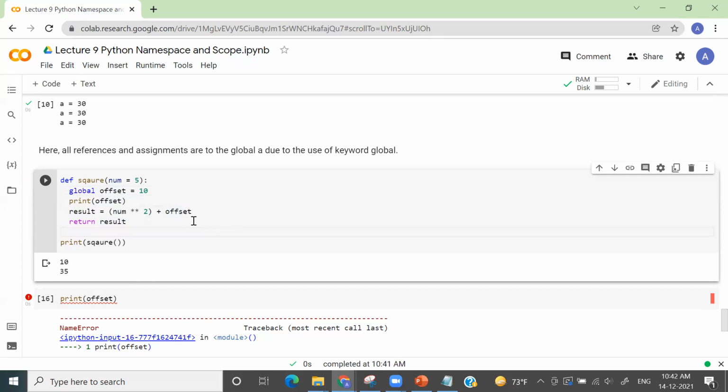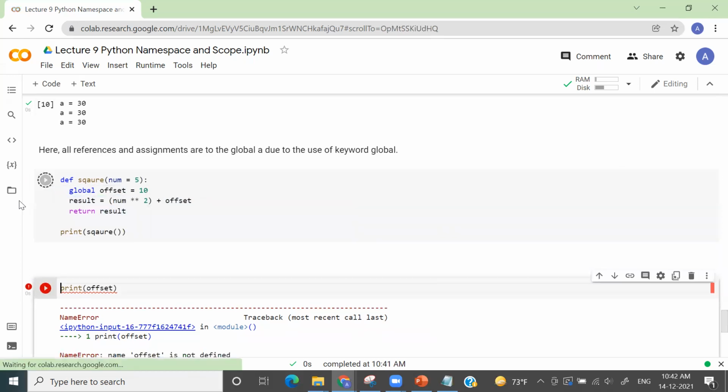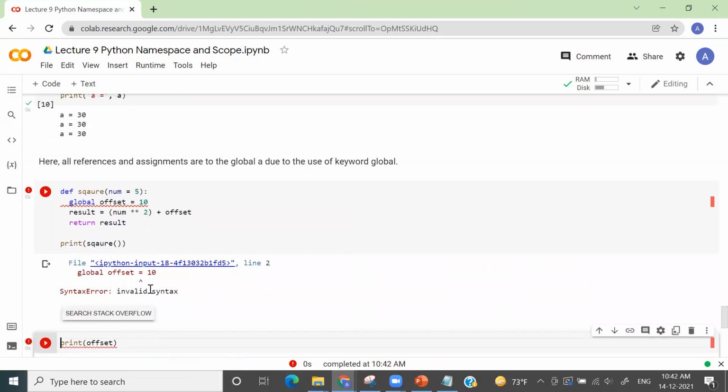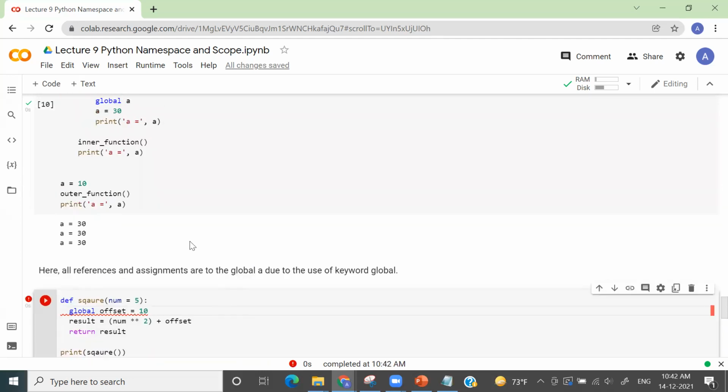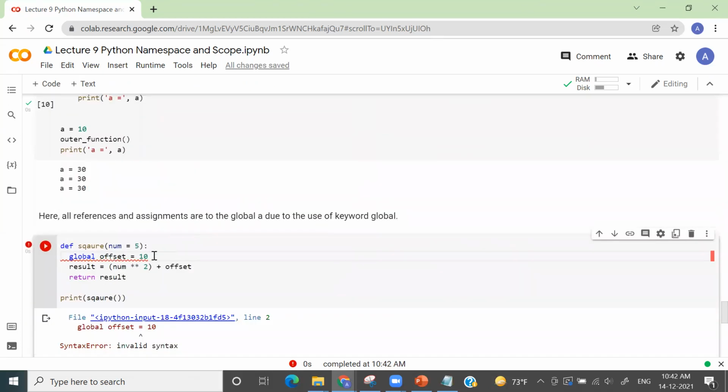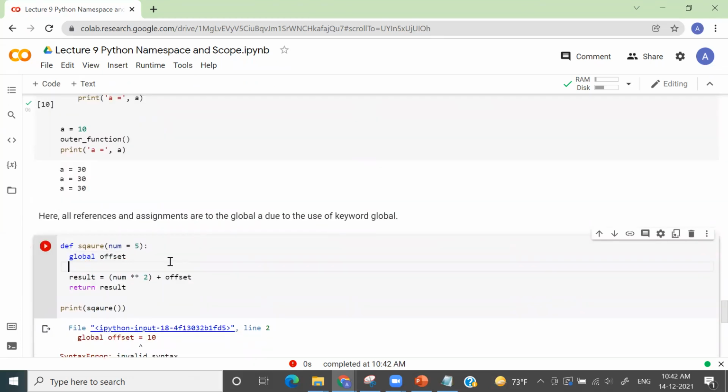Okay. So now if I do a print statement here, it should be like this.